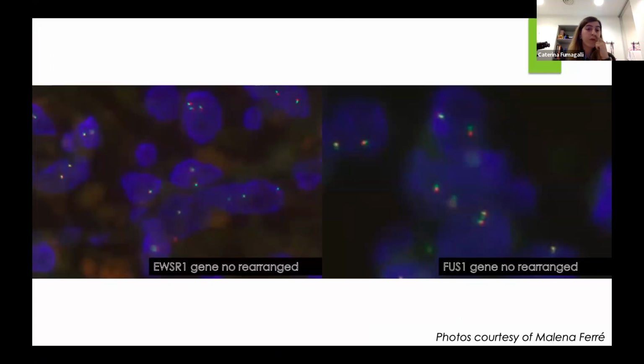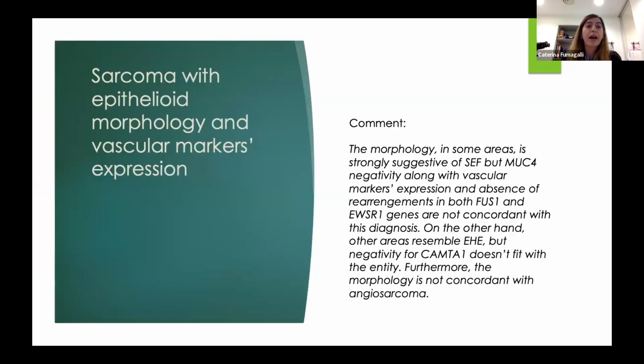So I tried to perform EWSR1 and FUS gene FISH to find a rearrangement, but no rearrangement was found. And so then I came out again, sadly, with a descriptive diagnosis saying that it was a sarcoma with epithelioid morphology and vascular marker expression, but it was not really consistent with a vascular tumor at all. And it was suggestive of CEF, but there were things that for me were not sufficient to call this tumor